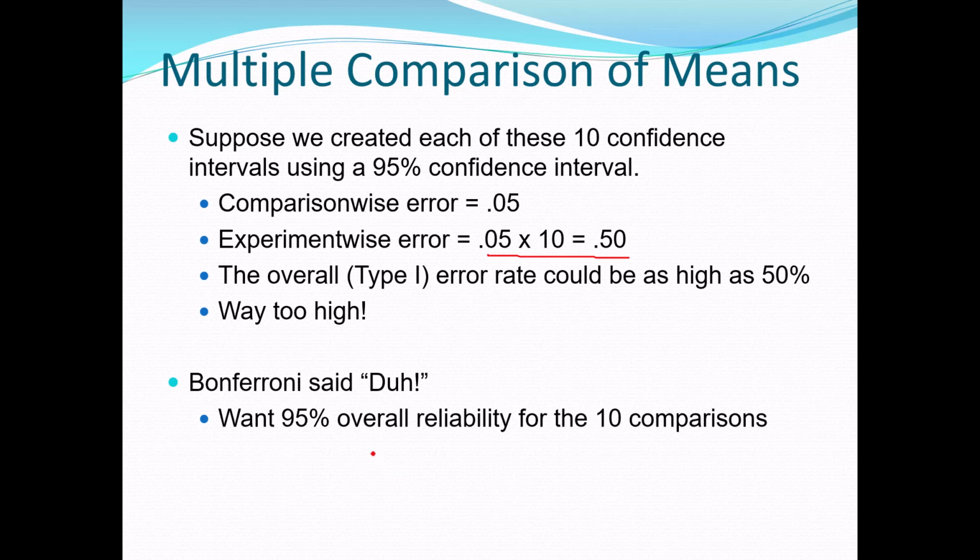If you want 95% overall reliability for 10 comparisons, there's a duh here. The duh is, take that overall reliability you want, think about it in terms of the error, use an alpha of not 0.05 for each comparison, but divide that by the number of comparisons. Use 0.005 for each comparison. So do 10 different intervals, but use 99.5% reliability for each of the individual intervals,